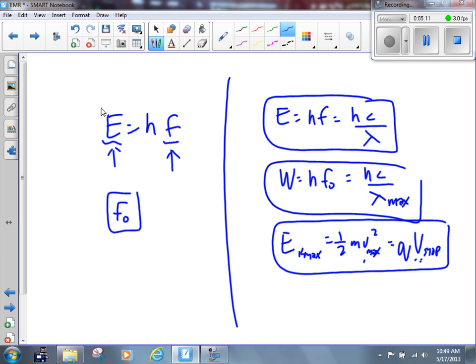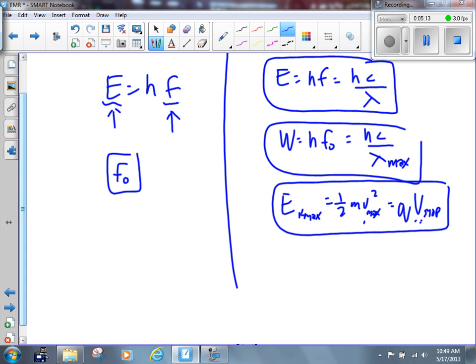Finally, the last equation that we have is the one that we use most often, but the one that doesn't appear on our data sheet. It comes from the law of conservation of energy. What is it? We've got two things in a photoelectric effect experiment. We've got a photon that strikes the metal, and then we've got an electron that's ejected. What is it that starts off the process? What is it that has the energy to begin with? The photon or the electron?